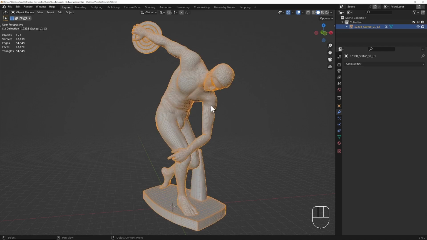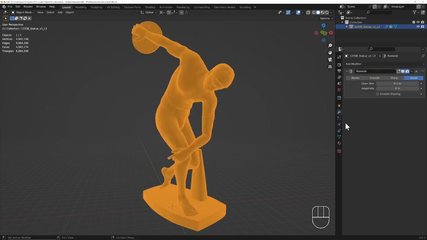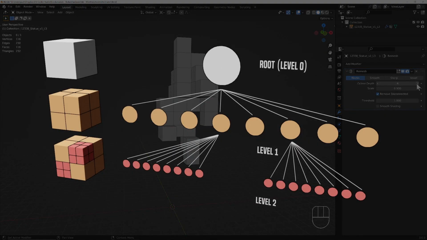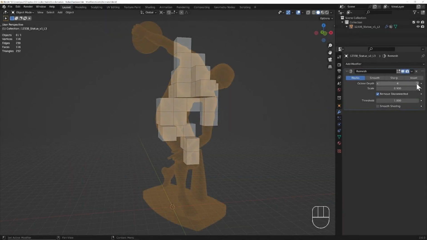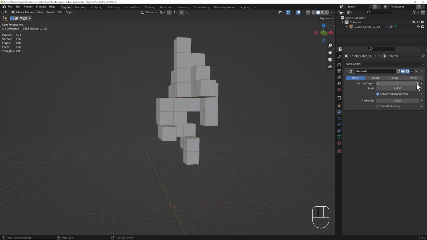Let's select this high-resolution mesh and add the Remesh modifier to it. It will default to the voxel option, but let's start by looking at the blocks setting. The first setting under blocks is the octree depth. An octree is a structure for partitioning spatial data in 3 dimensions, in which each iteration increases by a factor of 8. A grid is generated based on the octree depth and the longest dimension of the mesh, in this case, its height. The depth is set very low to begin with,